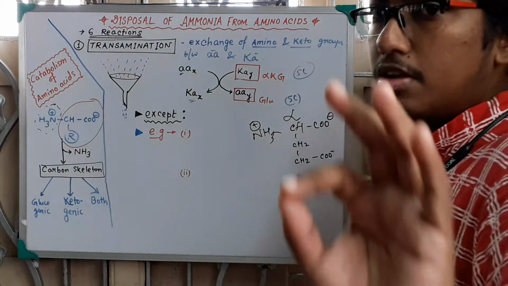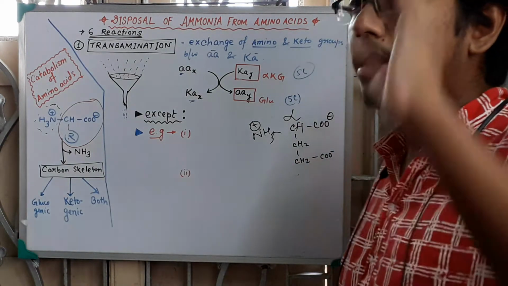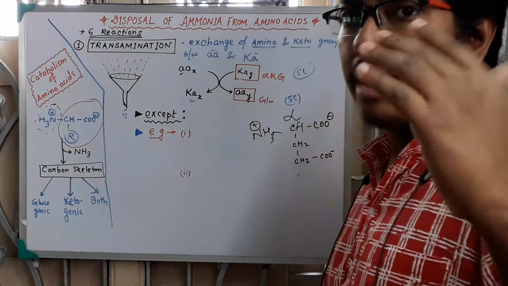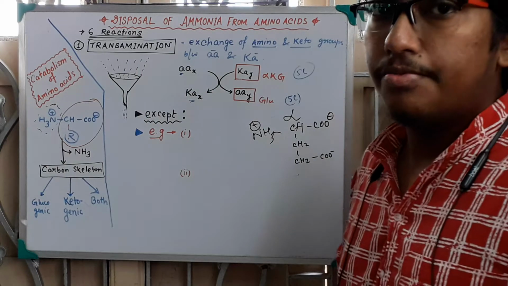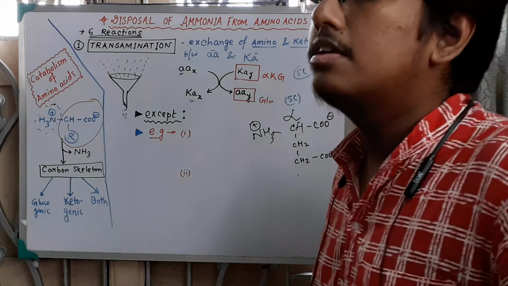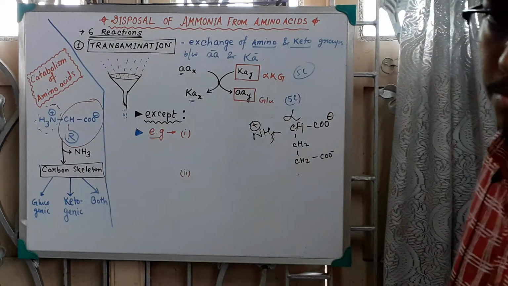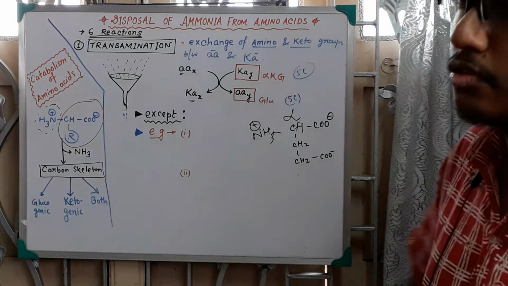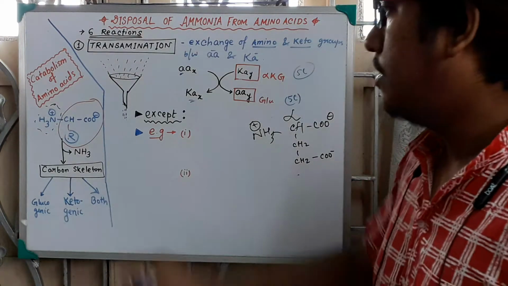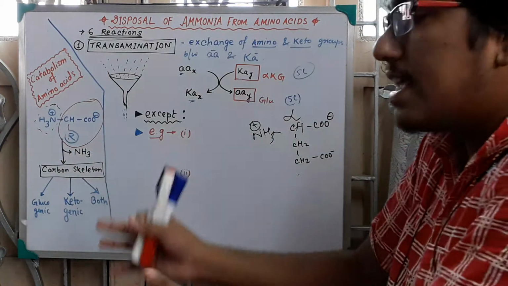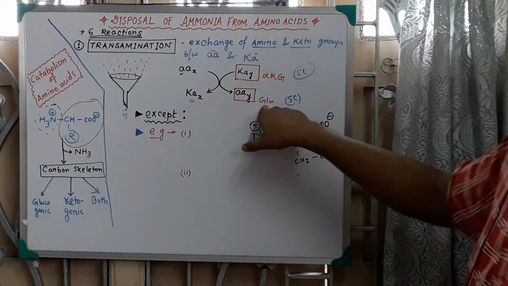If there is free ammonia in our blood, it is very highly toxic and very soluble in blood, and if it crosses the blood brain barrier, then it will have a severe effect. You can instantly die, go into coma, etc. So ammonia is highly toxic to the brain, so we must not dispose of it freely. The ammonia which is released will be captured or funneled into another amino acid, that is glutamate.